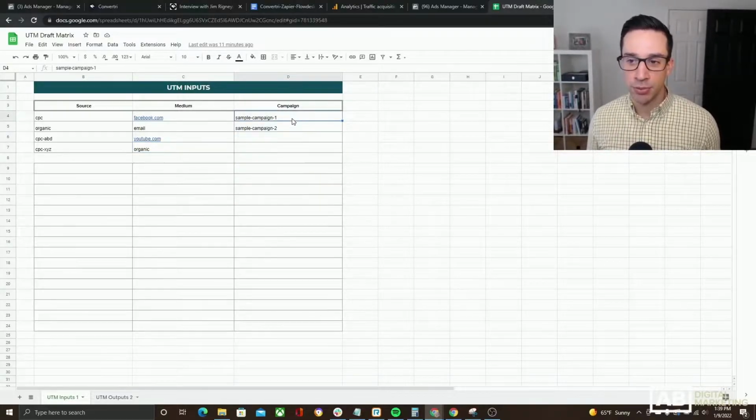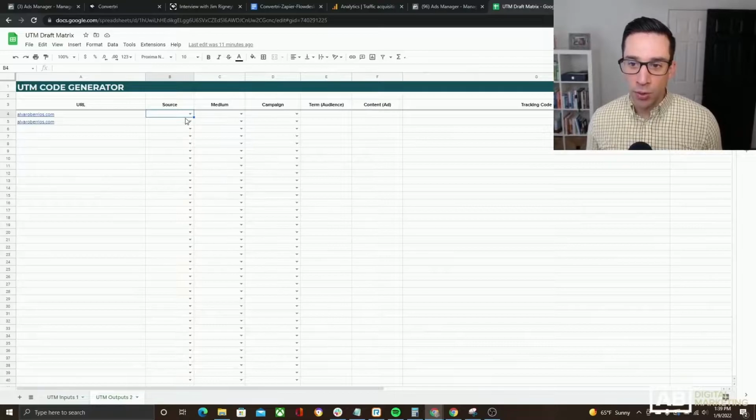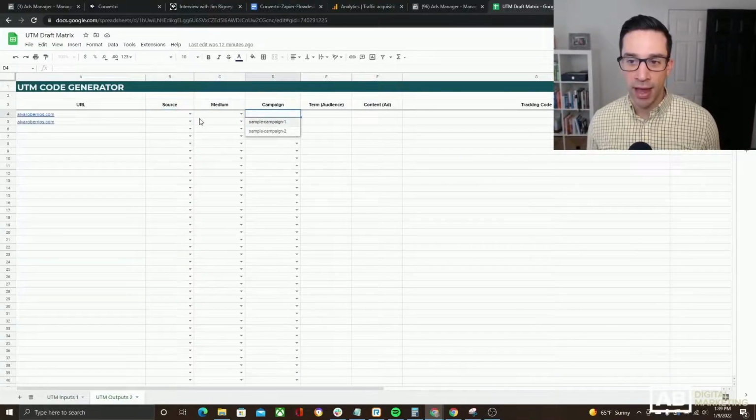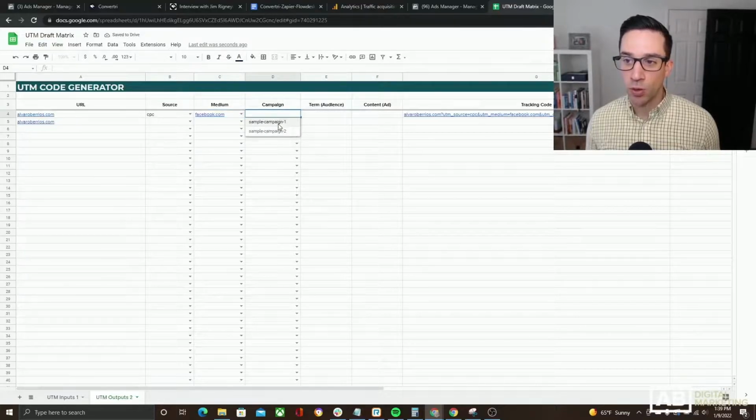So here, for example, sample-campaign-1, sample-campaign-2. So then when you come to your outputs right here, when I click on these drop downs, then I have everything that I need from that campaign. So I can go ahead and build my UTM parameter the way I want it to be built. So I have my top level domain here. So let's just say, in this example, CPC, medium is going to be facebook.com, sample campaign 1 is going to